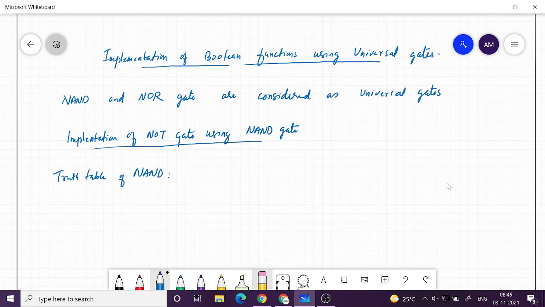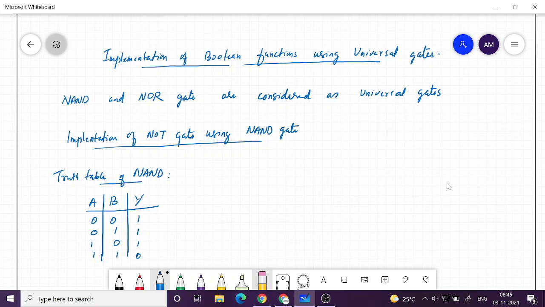So it has two inputs, say A, B, and a single output Y. These inputs can be 0, 0, 0, 1, 1, 0, 1, 1. So 0, 0 it will give you 1, 0, 1 it will give you 1, 1, 0 it will give you 1, and 1, 1 it will give you 0. So that is the truth table of NAND gate.